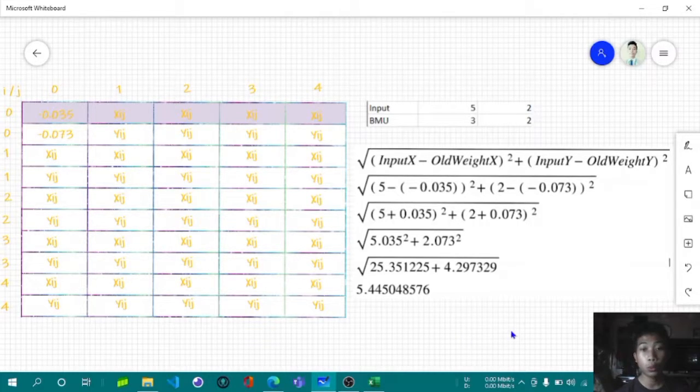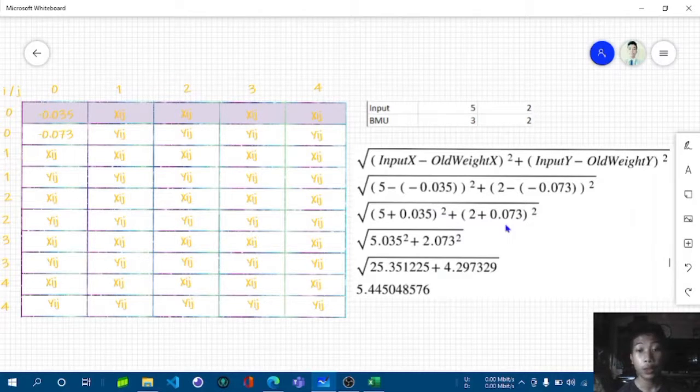So we need to minus 5 minus negative 0.035, and that would result to positive since we subtract it to negative. So 5 plus 0.035 plus 2 plus just like what we did earlier 0.073, that would result to 5.035